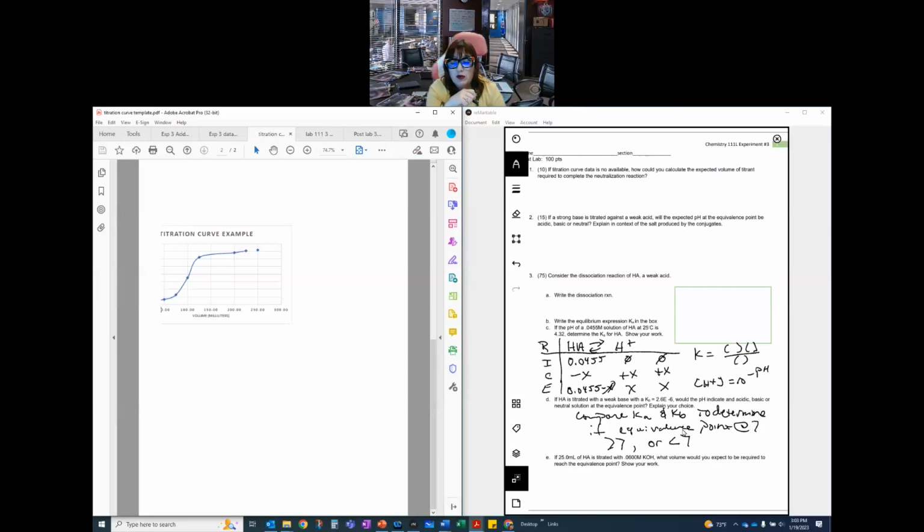If 25 mL of HA is titrated with a 0.0600 molar KOH, what volume would you expect to be required to reach the equivalence point? This is a stoichiometry calculation, and it's very similar to some of the things that we did in this lecture. I'm going to ask you to do that calculation on your own. I will tell you that you need to find the